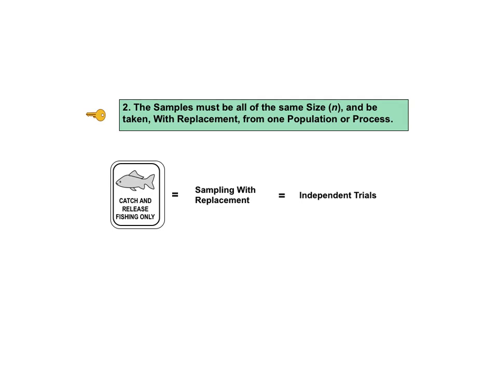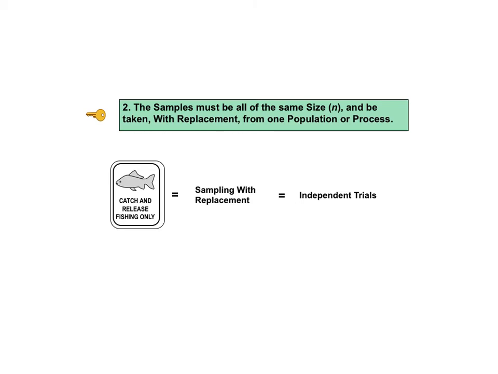KTU number 2 gives us the 3 requirements for the samples. They must all be of the same size, n. They must all be from one population or process, and the samples must be taken with replacement. To illustrate the concept of sampling with replacement, let's say we're doing a study in a small lake to determine the proportion of lake trout. Each trial consists of catching and identifying one fish. If it's a lake trout, we count 1 yes. If we catch a lake trout and then throw it back in before trying to catch the next fish, that is called sampling with